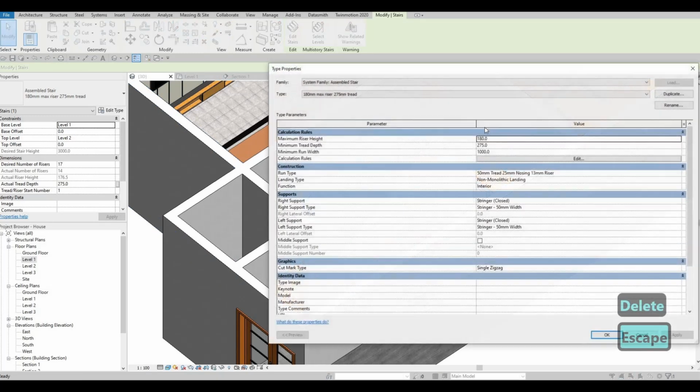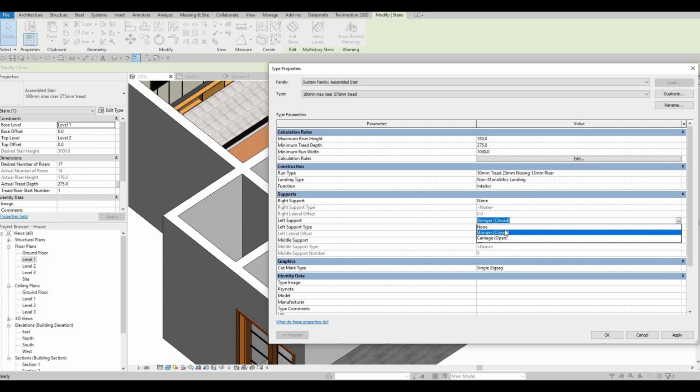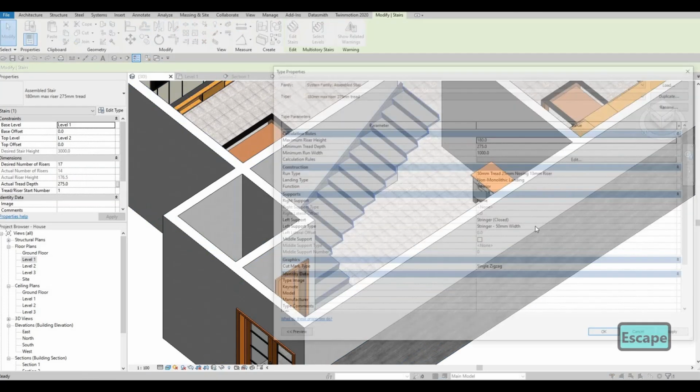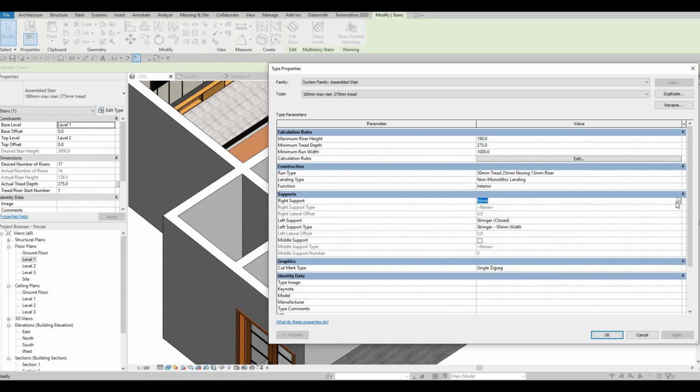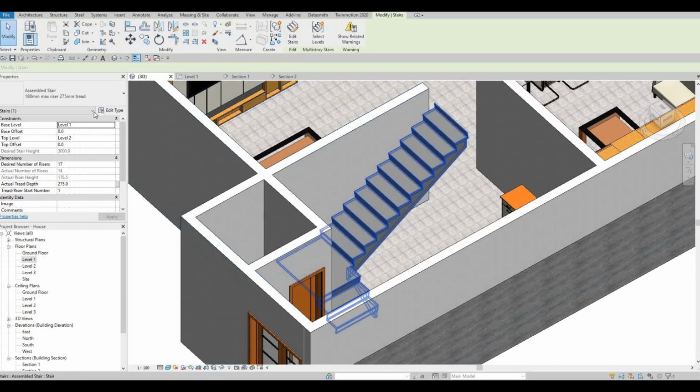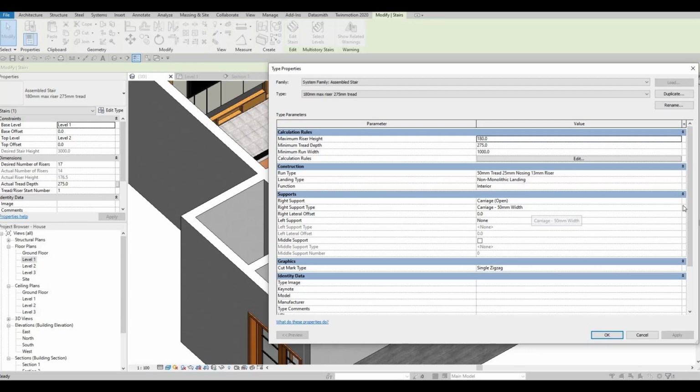Also, remove all the stringers, none, and then none. So actually, I'm gonna put a stringer here and then put none on this side. And then here,